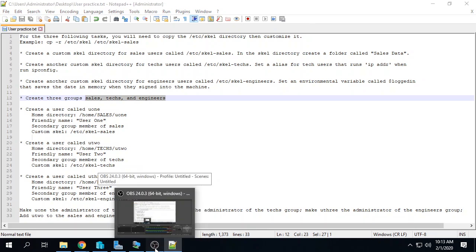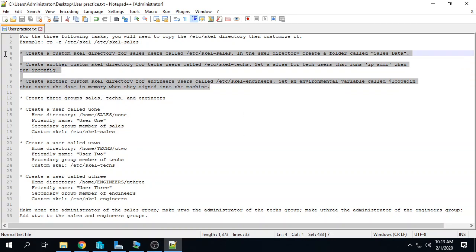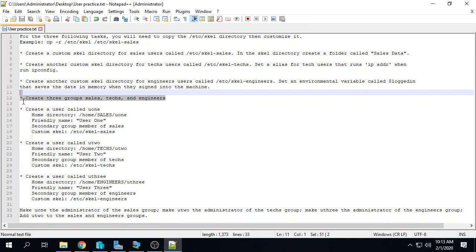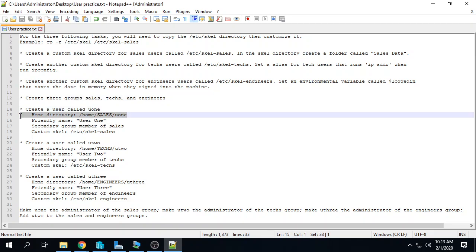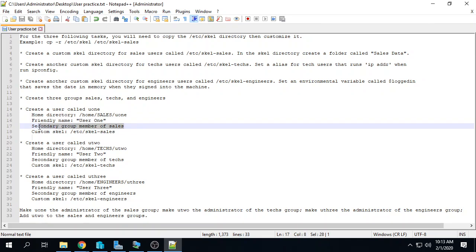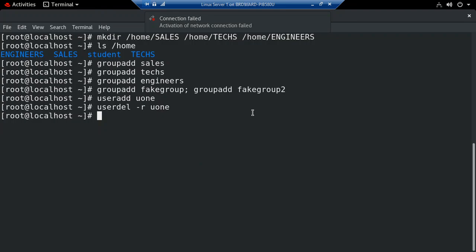Shows me you care. Okay, so guys, do you see that I've created my skeleton directories, customized? I created the subfolders where I'm going to store my home folders, and I created the groups. Right. Now I want to create a user, store the home folder in that location, set the friendly name, add them to be a member of the sales group, and when I create the home folder, I want it to be based on this skeleton, not the default. So I'm going to do useradd. I'm going to make the home folder